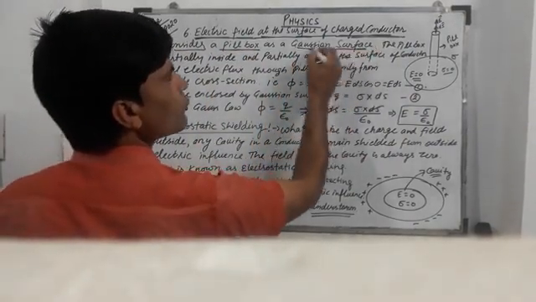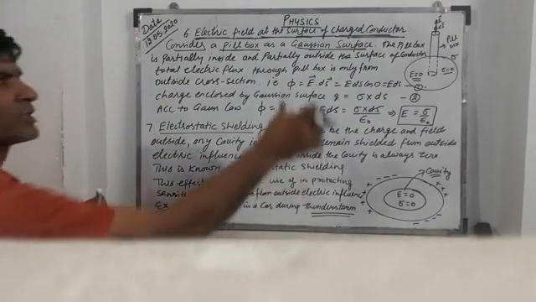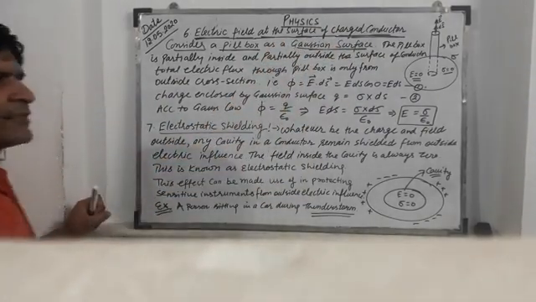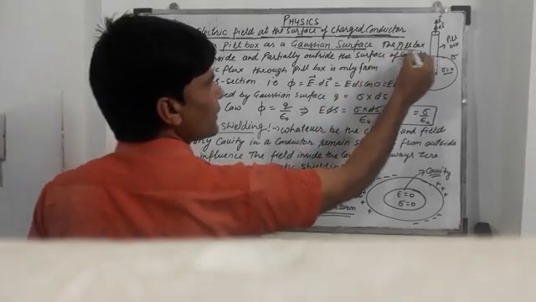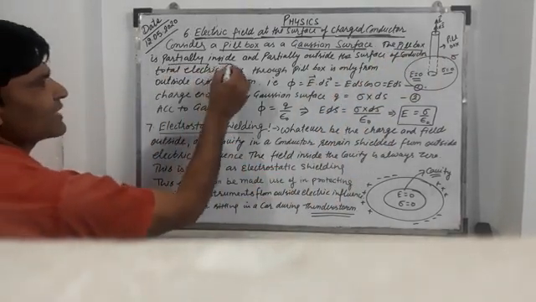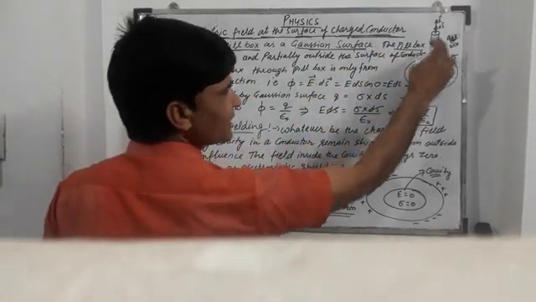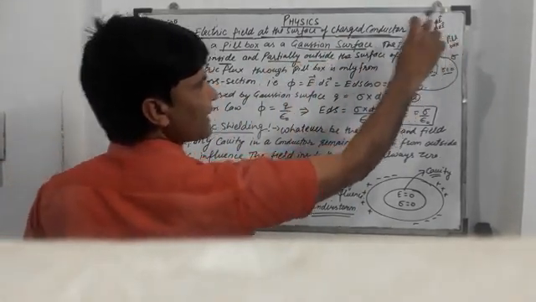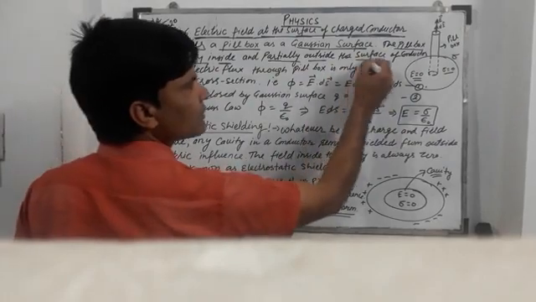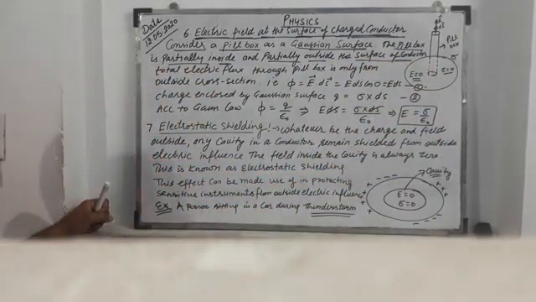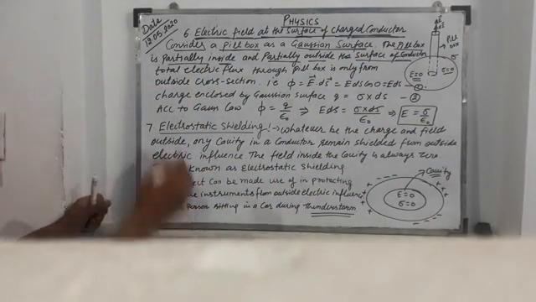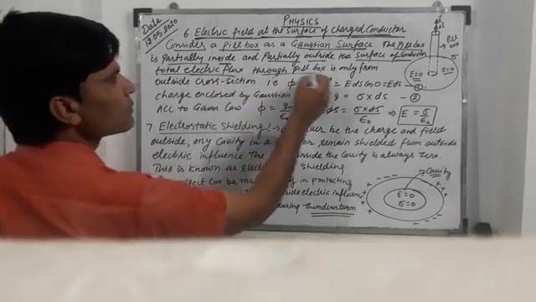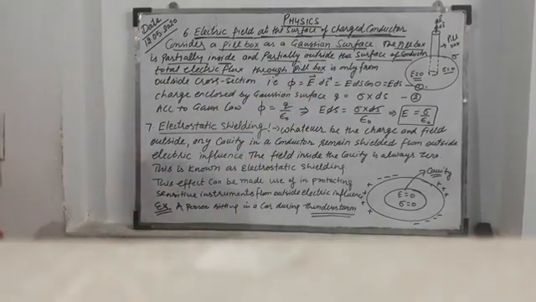The pillbox is partially inside and partially outside the surface of the conductor. So the total electric flux through the pillbox